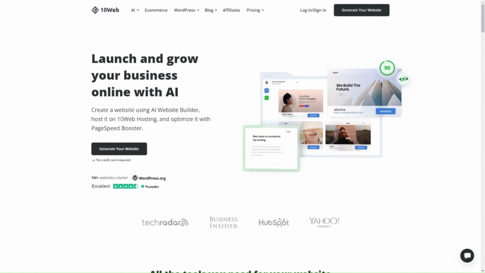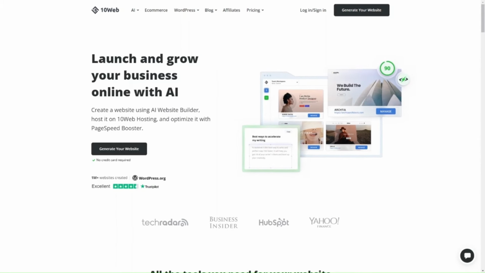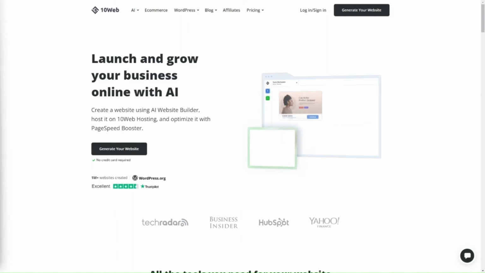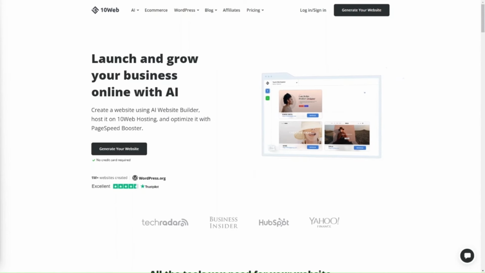So as mentioned before, 10Web AI is a website builder, and it uses AI to generate and customize your website. You can create a professional website without any coding knowledge, as everything is built for you. The 10Web AI does offer a free trial. It's not completely free. After the trial, you do need to subscribe to a paid plan to continue using the